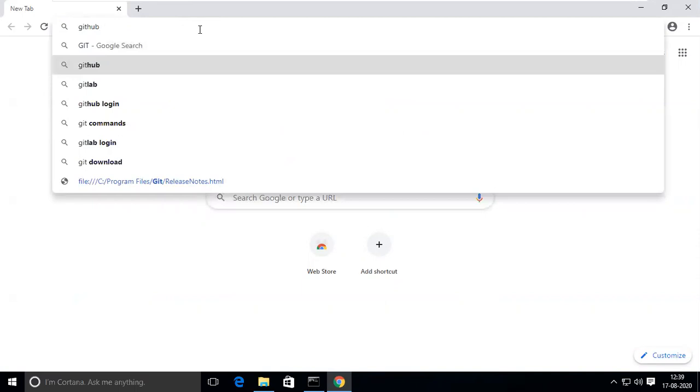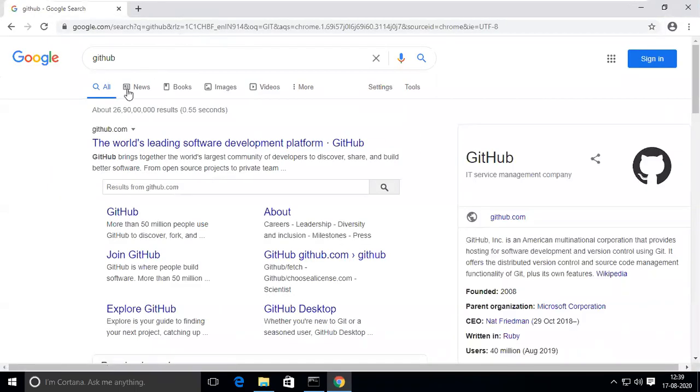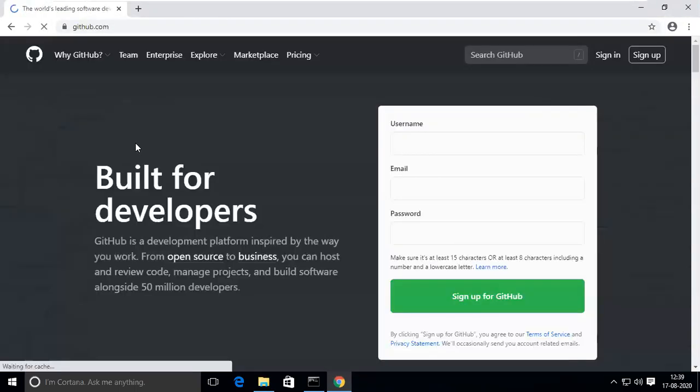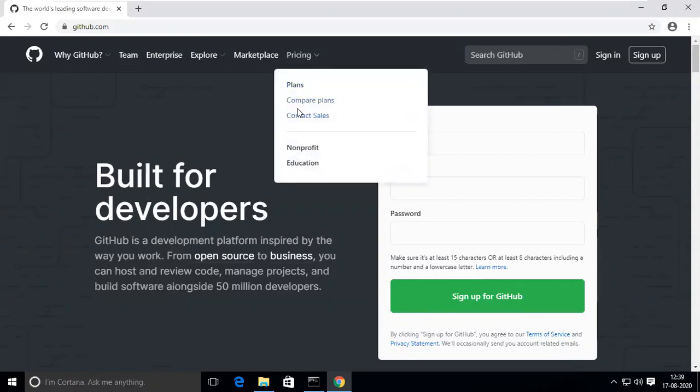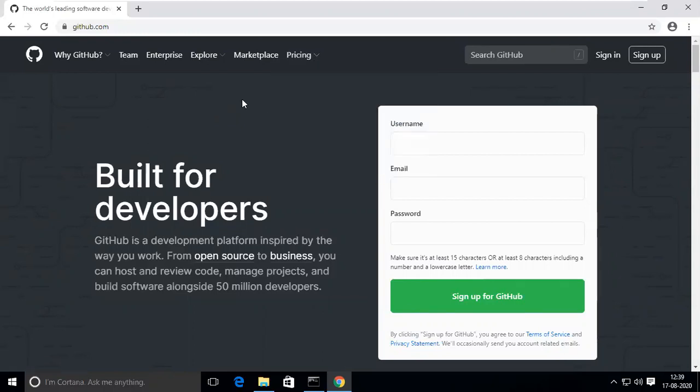This is GitHub. What is this GitHub? GitHub is a central repository. We don't have any central repository machines of our own, so we can use GitHub as a free central repository. It is free but has limits, and if you are an enterprise, you can buy more space for more projects. In the free plan, you will get a single one only.